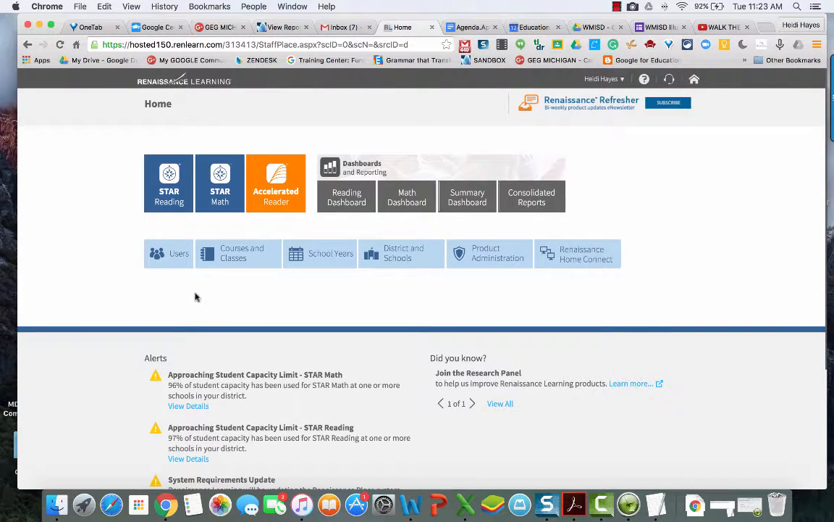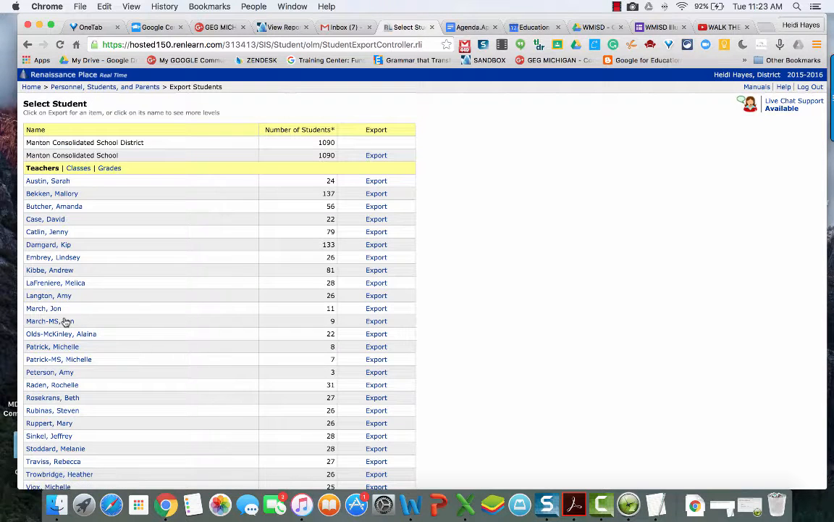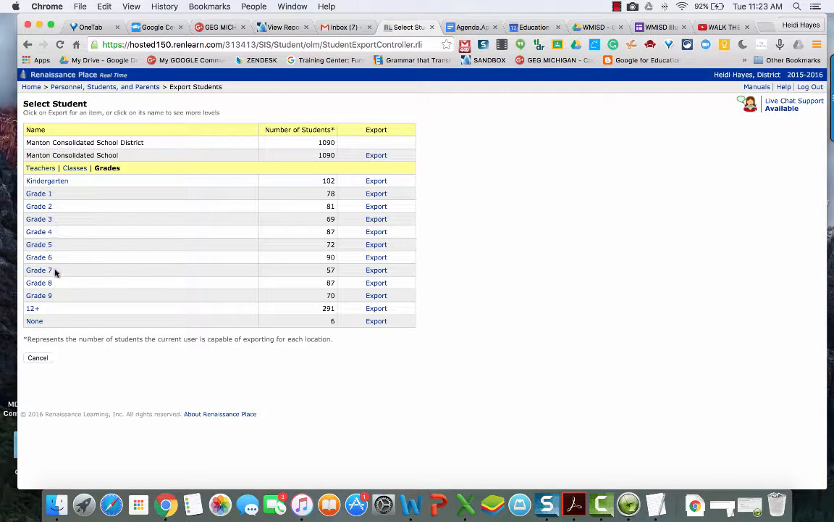And then from this home screen, you're going to go to Users. And then right here under Related Student Tasks, you're going to click on Export Information. Once you go here, you can see that you can do it by grades. So you can click here and do a grade at a time. But if you need to do it for the entire school, the easiest way is just to go right here